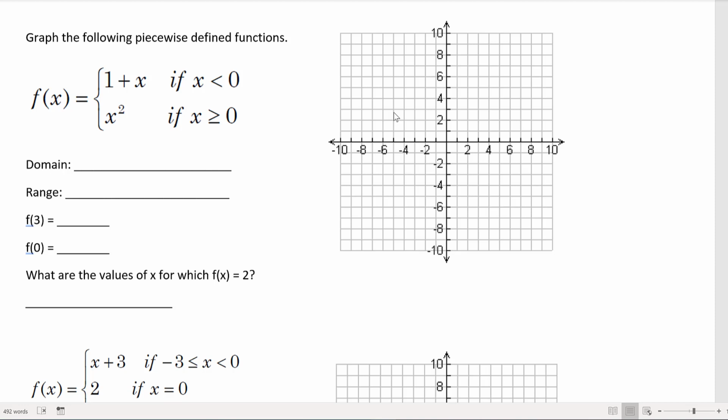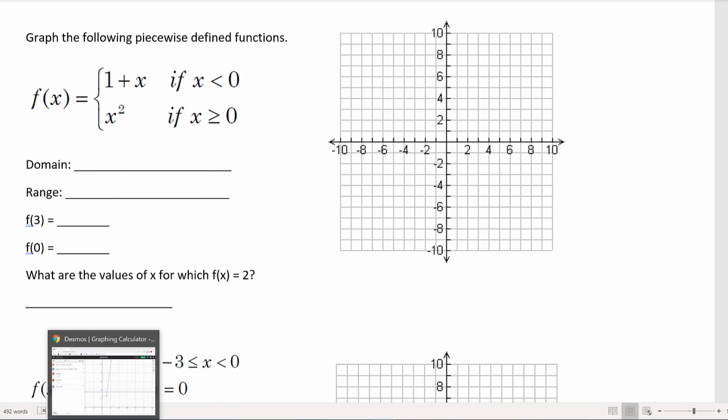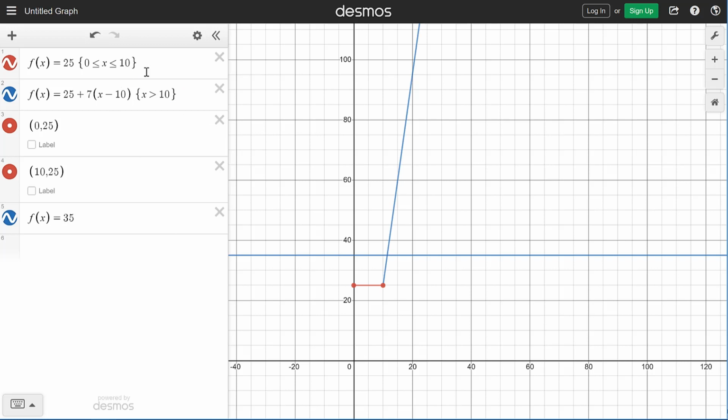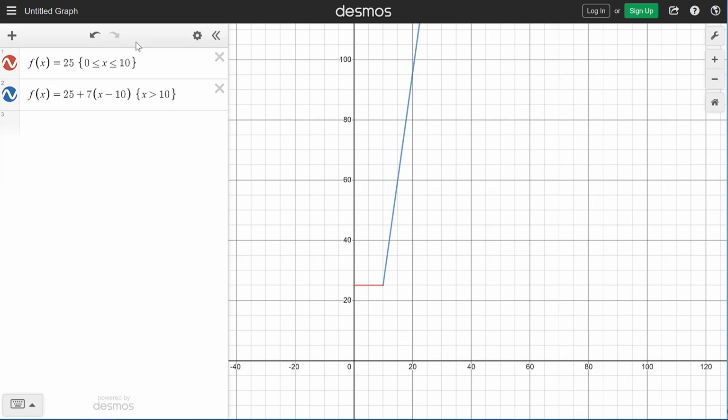So now we're going to practice graphing some more piecewise defined functions. So I have another piecewise defined function, and I am going to pop over to my Desmos calculator. I have a whole bunch of things I've already typed in. I'm going to go ahead and get rid of some of the points. This one I'm just going to be a little lazy and just type in my new one, 1 plus x